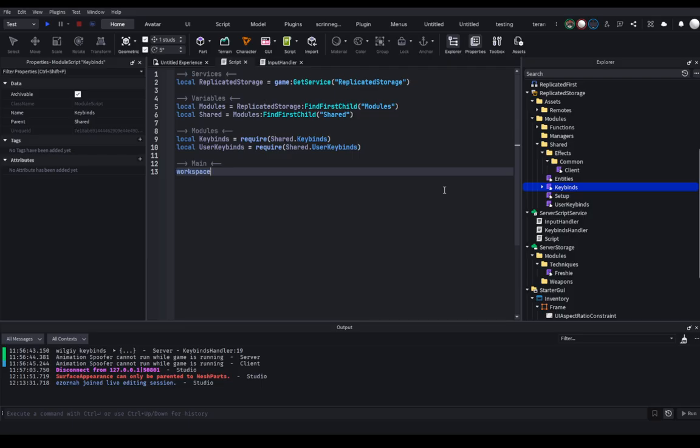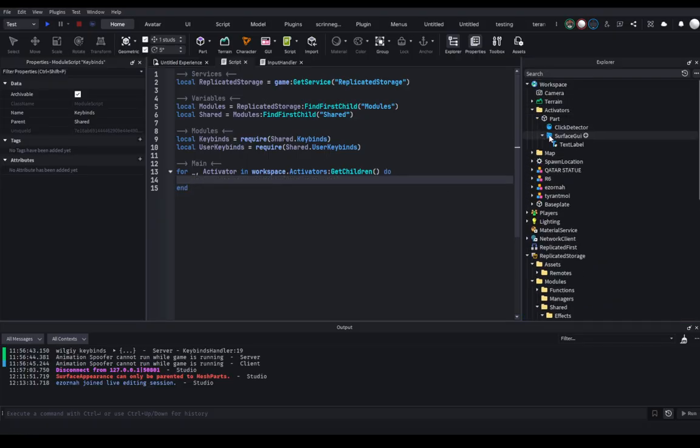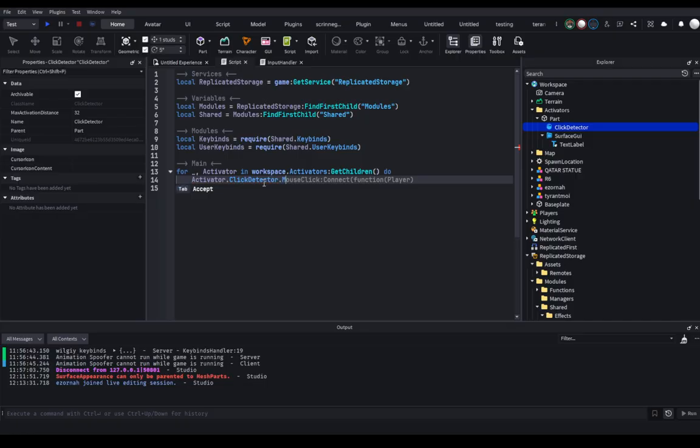whenever they... you're gonna loop through every single activator inside of that activator folder. We made it inside of the workspace, so you're gonna loop through every single one of them, and then you're gonna check their attributes, right? Because they're gonna have arsenal name and set names, right? For their attributes. Also, another thing, you want to make sure you set up an event for each one. So if you do activator, click detector, mouse click, connect function,